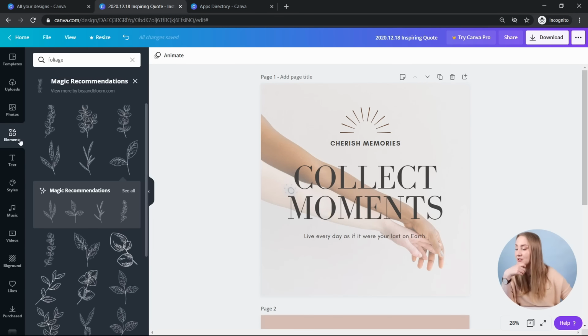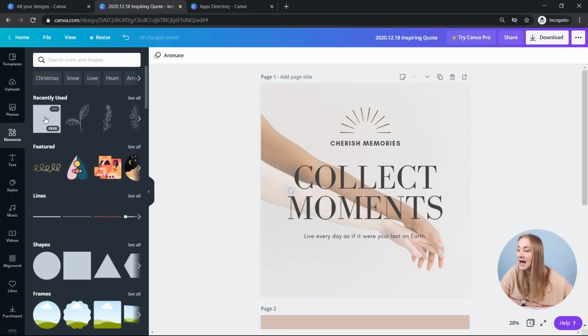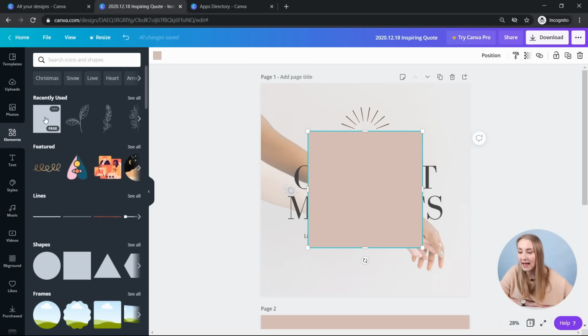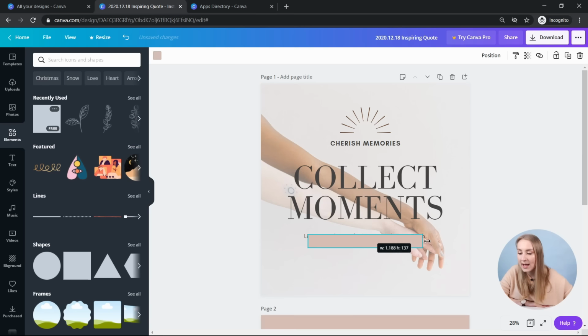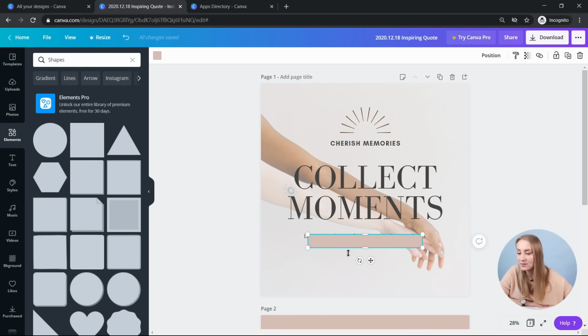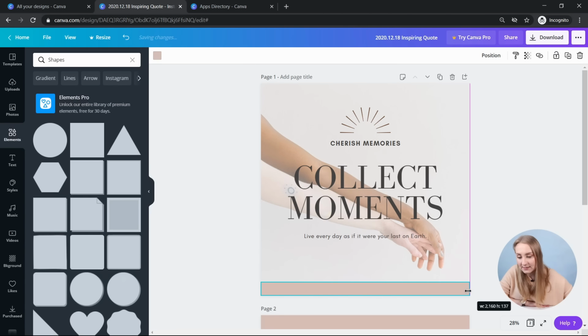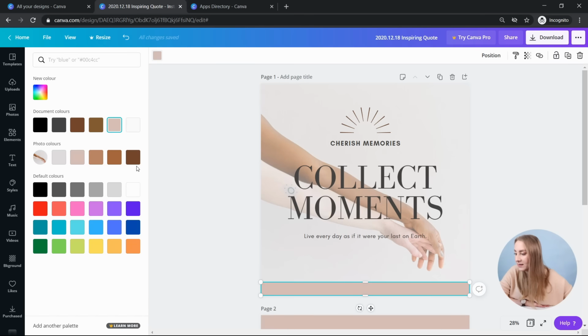Let's get back to this particular design. So let's say I want to have another element added to that photo. So I can just click on that. I've recently clicked on it, so it's here, but you can choose different shapes as I've shown you before. You can just drag it in here. And this is where you change the colors. Again, you can see most of the elements I went through. I'll go through the rest of them in a moment, but let me just show you this.